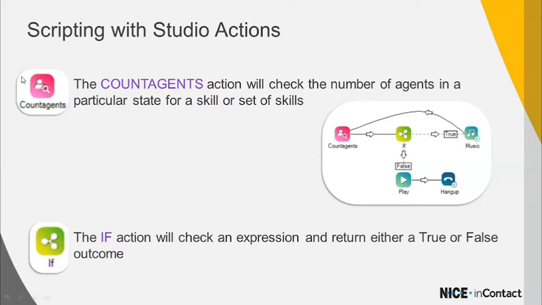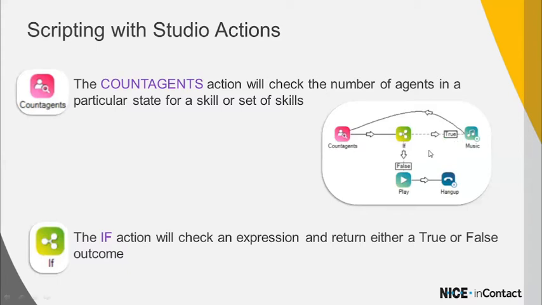So if you want to use that option, we are going to use the count agent, and we can use it with an if and false condition. If my condition is true, I can play any kind of message like welcome. This is basically used for playing your advertisement message to the caller, like thank you for choosing our product, and these are the features of our product. So this kind of menu is going to play.